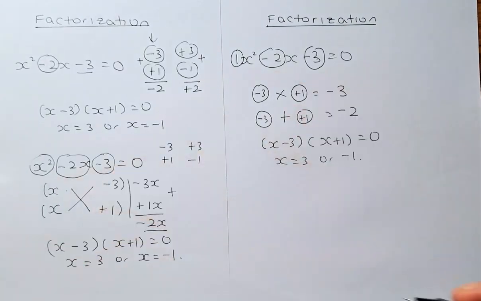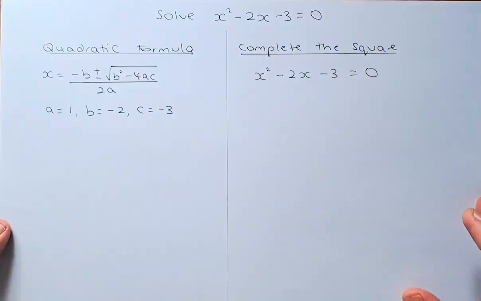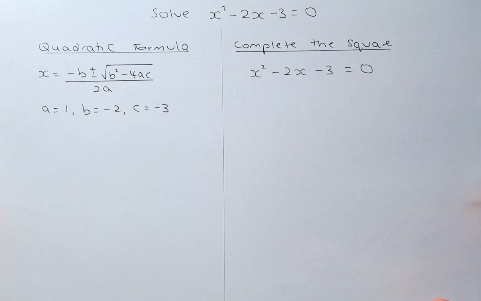So either of these methods is fine, so use the one that you are comfortable with. The next 2 methods are for when you cannot factorize and you have to use another method. So if the equation cannot be factorized, then you will either have to use the quadratic formula or complete the square method. For the quadratic formula, you have the formula: x equals minus b plus or minus the square root of b squared minus 4ac,